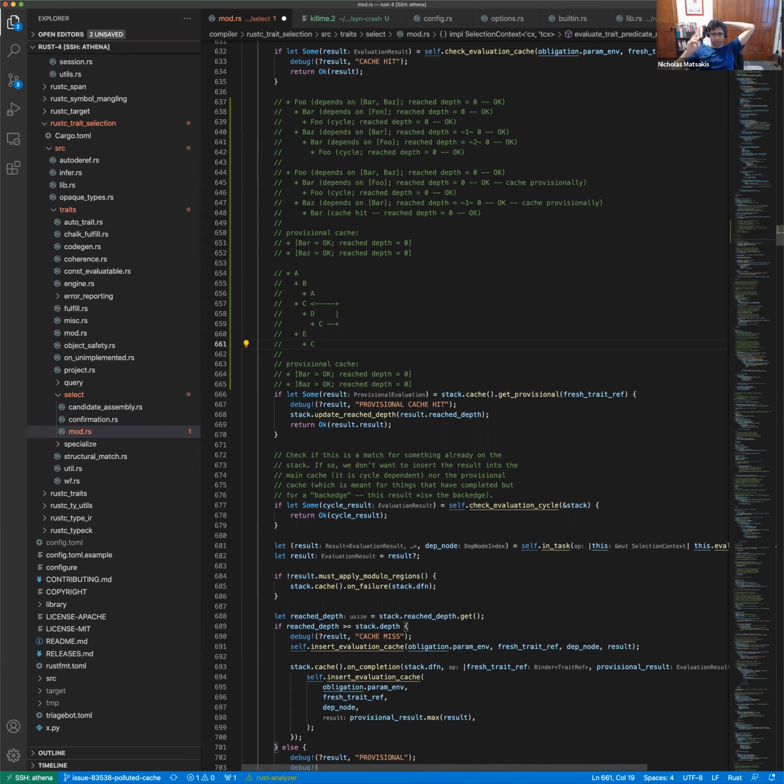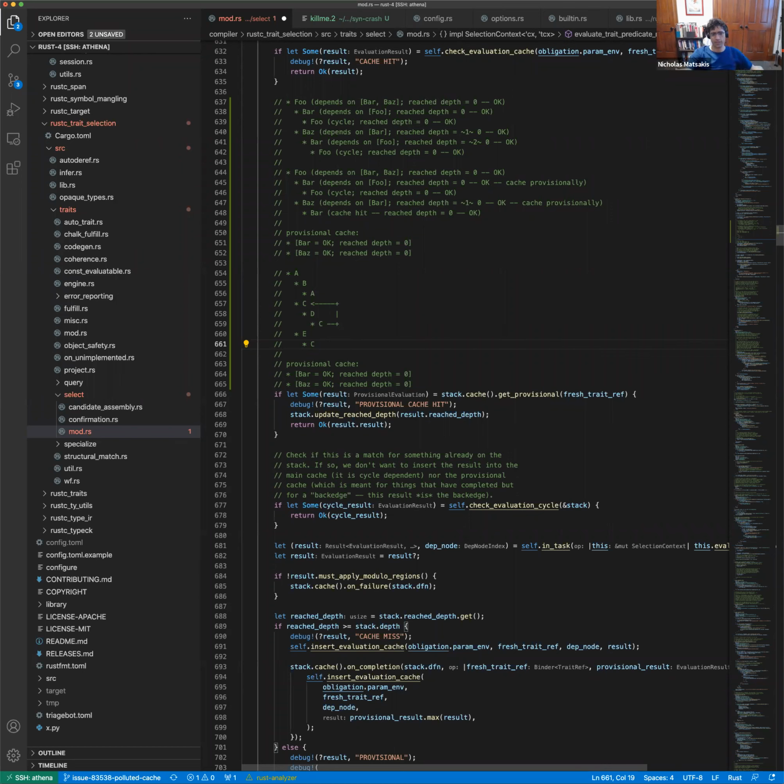We wound up with, for the cache itself, a reached depth. That was the minimum of the reached depth of all of the provisional entries in the cache, rather than having a per-entry value. And so we said everything in this cache becomes true at that depth. And that was okay. It sounds like an approximation, a less good version of what we do now. But it actually led to incorrect results